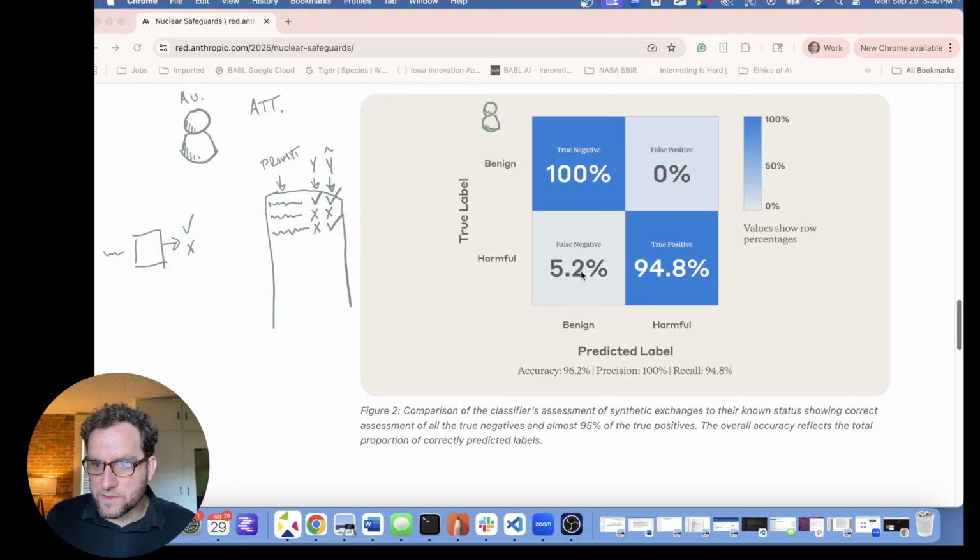There's going to be a few of those in here, but the majority of them are going to be either benign and they label them correctly as benign, but there might be a few that are labeled incorrectly as benign, even though they were harmful. And there's going to be many of them that were harmful and they caught it. Those are these cases. Okay, so there could be a lot of these. We don't know how many. They didn't really say in hard numbers here. But these are the results. This is where they got. They had to run this test in order to. And so what we're going to do is verify that.